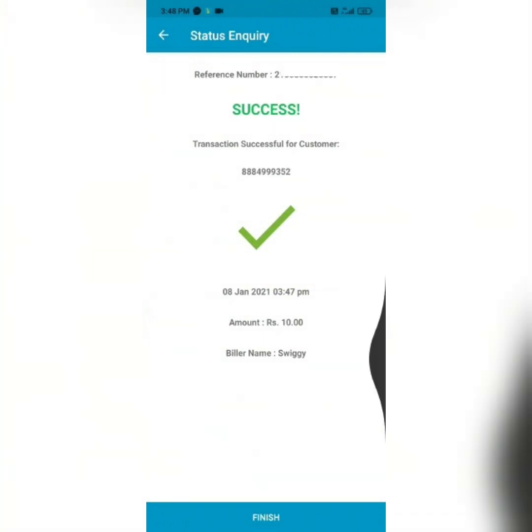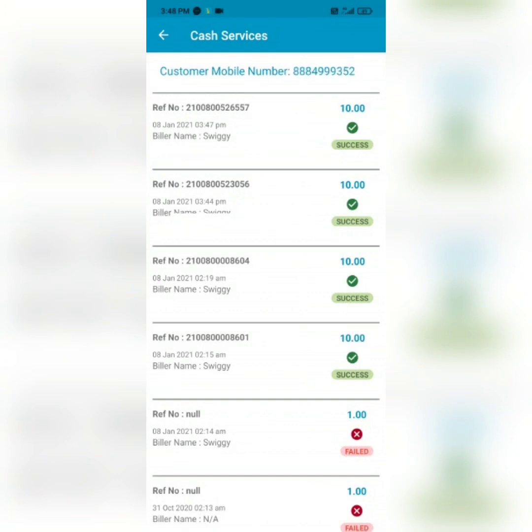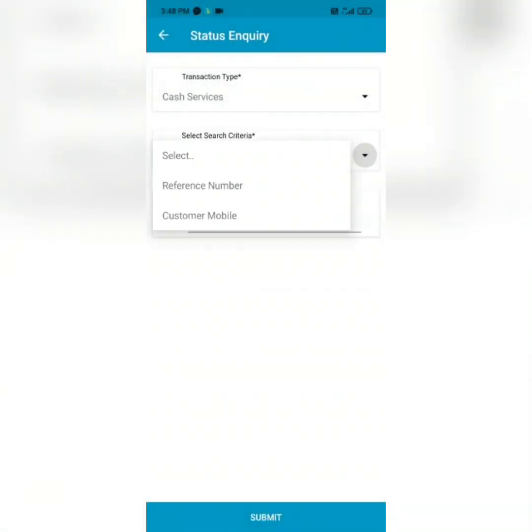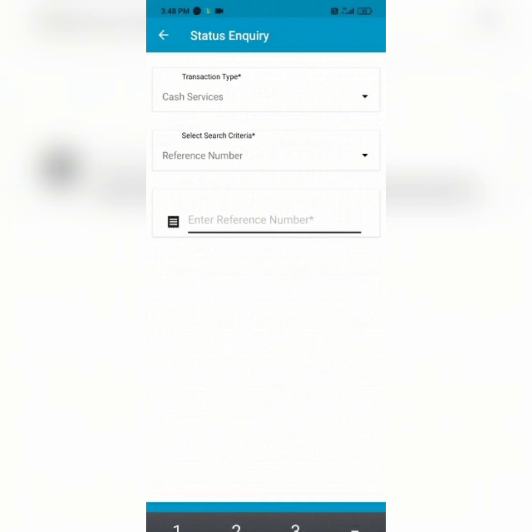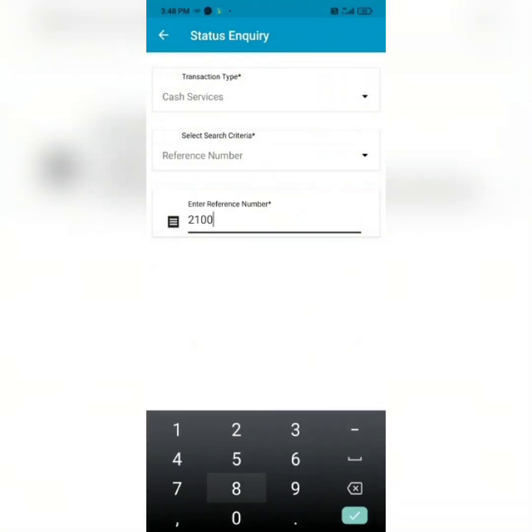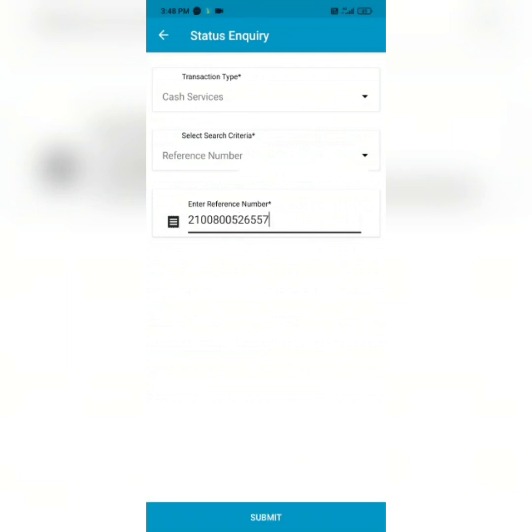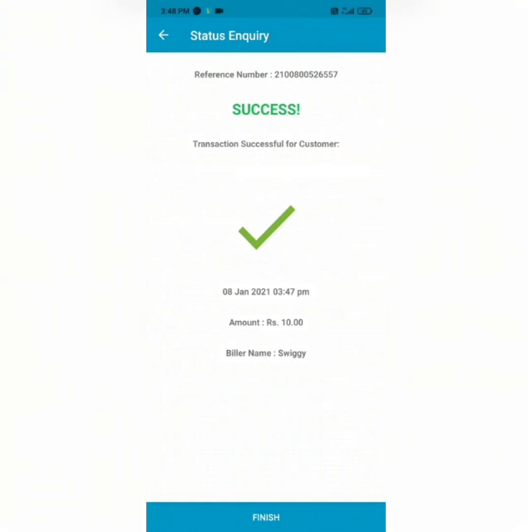Now, you can also search for the transaction using your transaction reference ID. From the status enquiry screen, please enter the unique Novopay transaction reference number to know the updated status of the transaction. If you would like to initiate a refund for a failed transaction, you will get an option at the bottom of your screen to initiate refund,